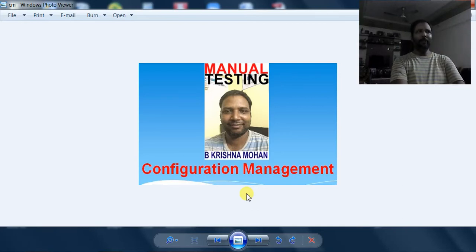Then what are the things that have to be included in configuration management? Not only the documents, you have to include the code, and even the configuration of the hardware is given versions.